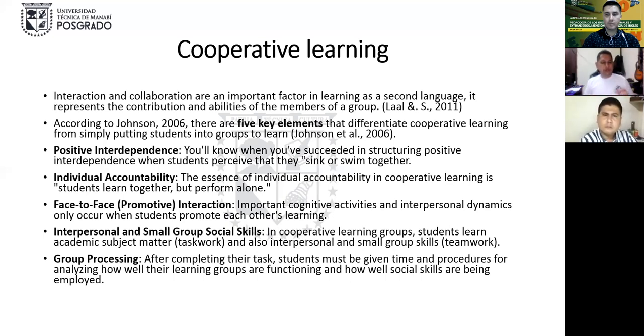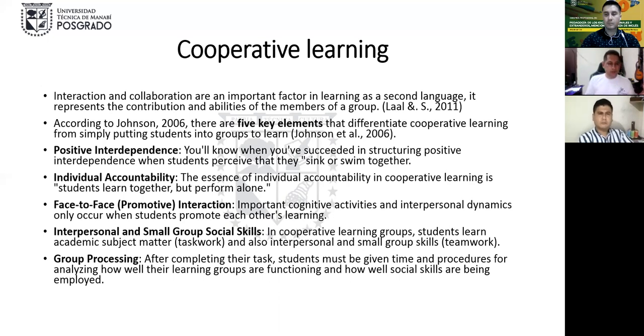Interpersonal and small group social skills, they develop the social skills by grouping with each other. Even if you don't have a mathematical intelligence, even if you have a nature intelligence or a linguistic intelligence, you might help each other with your characteristics. In cooperative learning groups, students learn academic subjects, tasks, etc., and also interpersonal and small group skills.